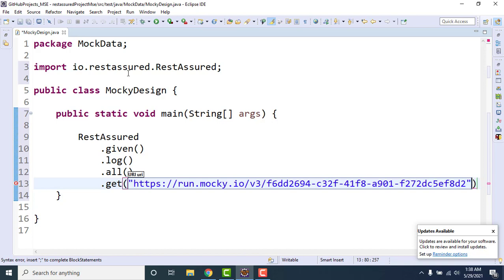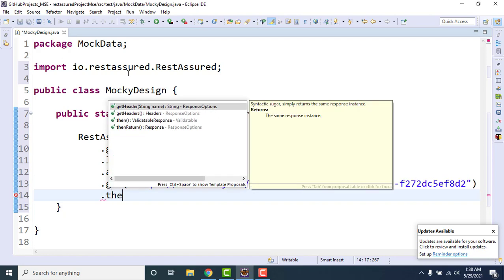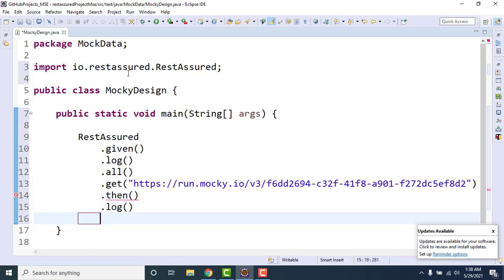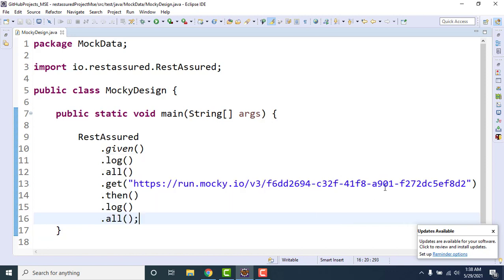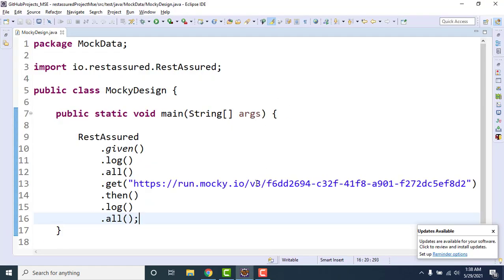So you can call the get method here, then log.all. What we did, we mocked the response, and I am writing some RestAssured code just to hit this particular endpoint, which we copied from here. I copied it, and I am hitting the same thing using get. Let me run it and show you the output.